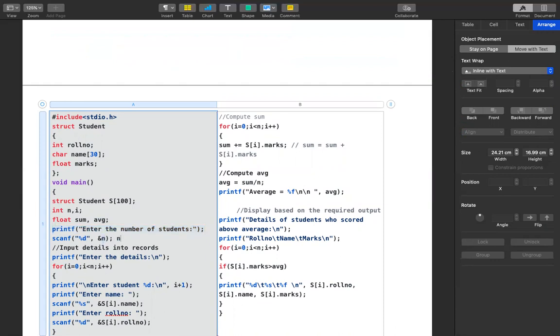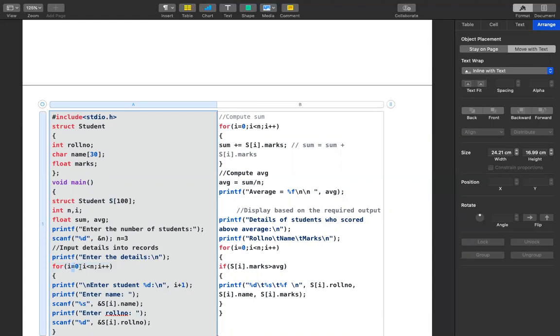So let us take n is equal to 3. That means we are going to store the details of 3 students. And now let us enter the student details one by one. First we need to enter the first student's detail. We can clearly see here that there is an array, because student details are stored in an array, so we are going to run it from the 0th index.